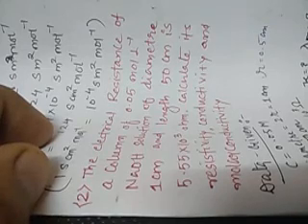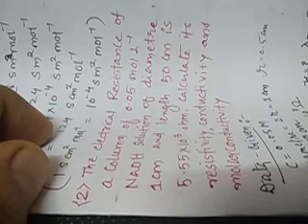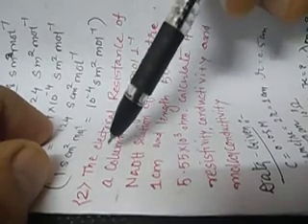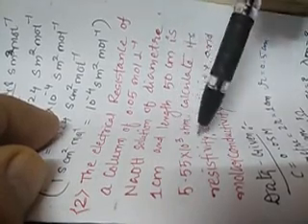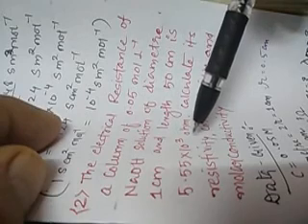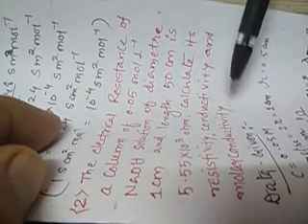Hello, dear students. Let us see the question which we tried to solve yesterday. I'm just going to read the question for you. The electrical resistance of a column of 0.05 mole per liter NaOH solution of diameter 1 centimeter and length 50 centimeter is 5.55 × 10^3 ohm. Calculate its resistivity, conductivity, and the molar conductivity.